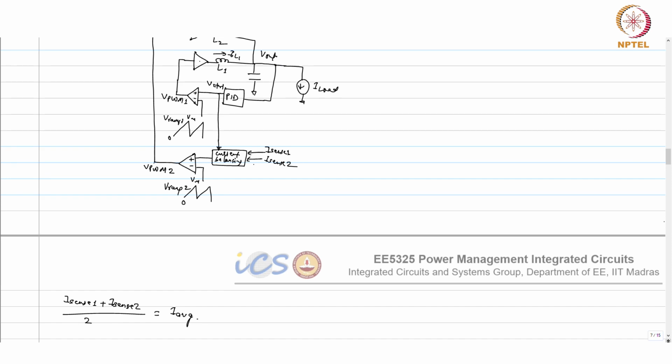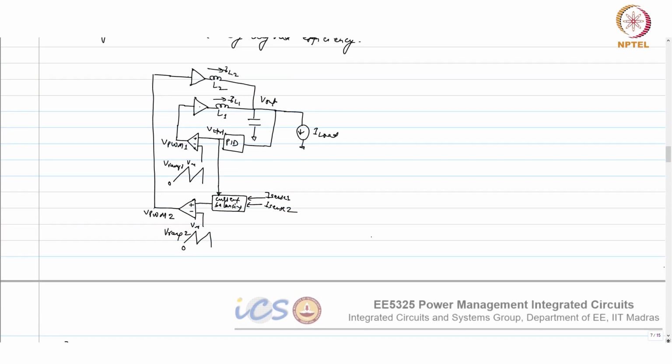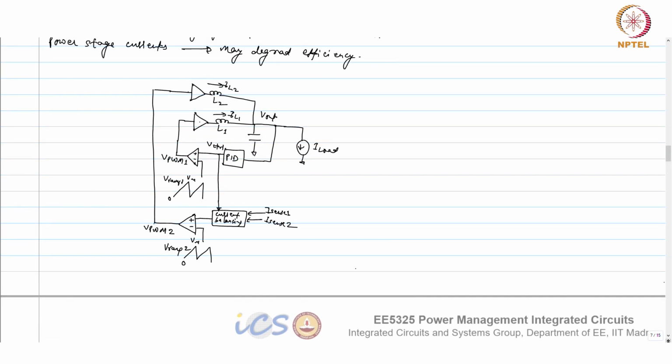So, let us say 600 and 400 milliamp instead of 500. So, the 600 milliamp has to be 500 milliamp, which means reduce it by 100 milliamp, and the other side has to be increased by 100 milliamp. So, you compare with the average, whatever is required, and this requires your current sensing, and we know how to do the current sensing. So, it requires extra hardware, extra complexity, all those there in multi-phase. So, this is the main problem actually with the multi-phase.